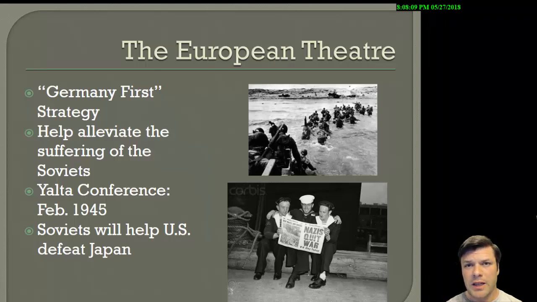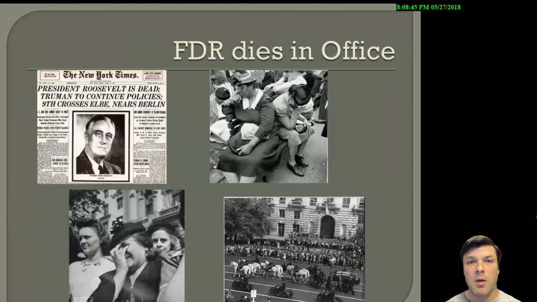We talked about this a little bit in the last lecture. Franklin Roosevelt had run for an unprecedented third term as president, and he had won. He won in 1940. He's going to run again in 1944, and once again, he will win, making this his fourth term, unprecedented in American history, as the U.S. president. He's been president for a very, very long time. But the thing about FDR is in 1944, he was a very sick man. And his days are very clearly numbered, as you're going to find out here in a moment.